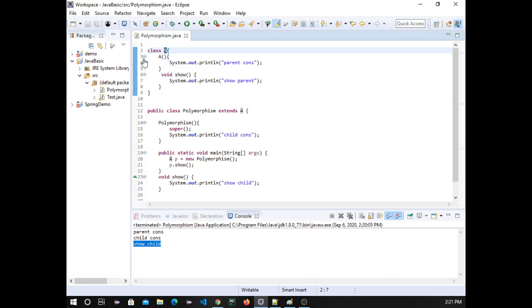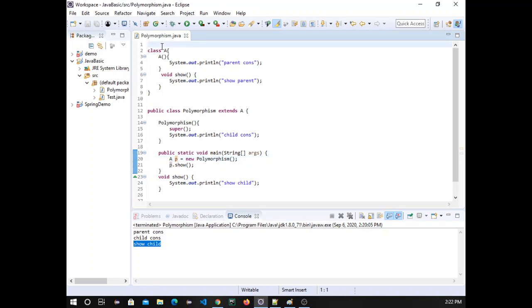No. Then automatically the first line will call Object, and once the Object constructor completes its execution, it will come to the second line and print. The third line is not there, so it will return here. So the first line is now completed, now it will execute the second one, and there is no third line, so it will complete this execution, and then the object will be assigned. So this is the constructor chaining.